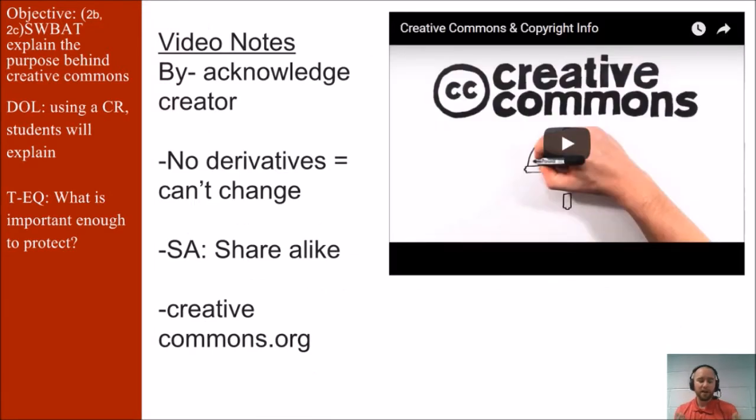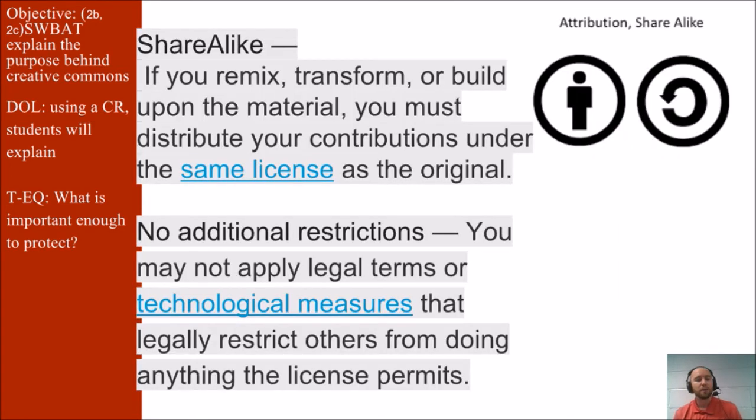If you're a real visual learner and you want to see a video about the Creative Commons, I suggest this one. It just breaks down exactly what I said for you, but in a different way and with more visuals. So let's talk a little bit more about the ShareAlike license. It says if you remix, transform, or build upon the material, you must distribute your contributions under the same license as the original. So if I wrote Harry Potter and somebody wants to remake that,